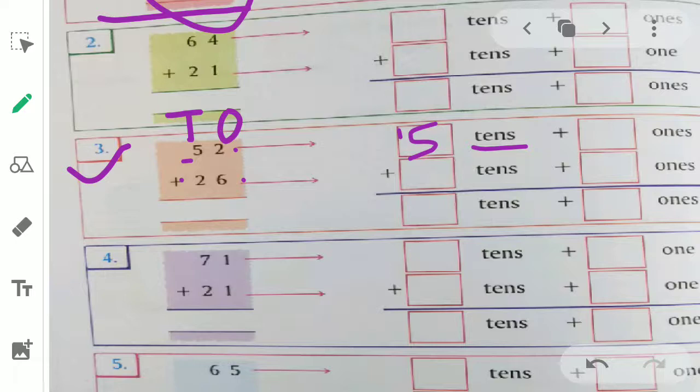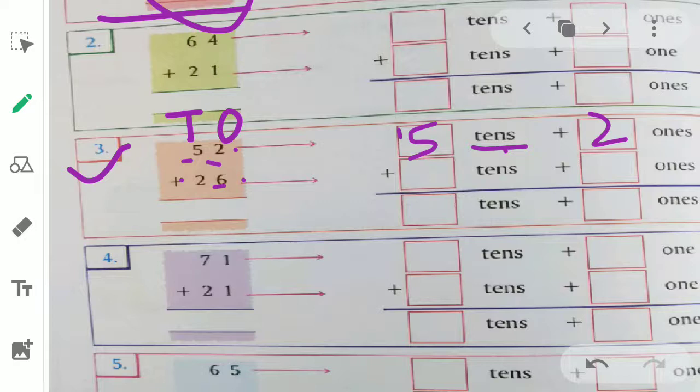सो यहाँ पे 5 and 2 वो जो है वो ऊपर दिए हुए हैं, ठीक है. सो यहाँ पे हम लोगों ने लिख दिया है 5 tens, ठीक है. And 2 ones, 2 is given at the place of ones और वो ऊपर दिया हुआ है. तो हम लोग भी जो ऊपर वाला बॉक्स है यहाँ पे we will write 2 ones. अब ऊपर वाले जो है वो दोनों डिजिट हम लोगों ने लिख दिए हैं, ठीक है. दोनों डिजिट we have done, tens also and ones also.